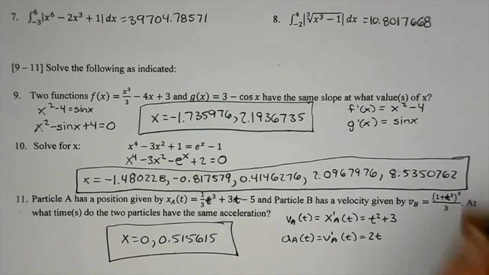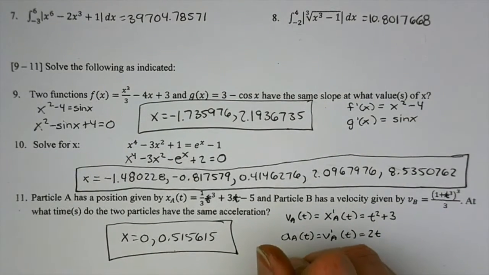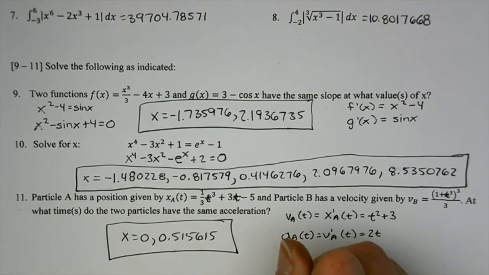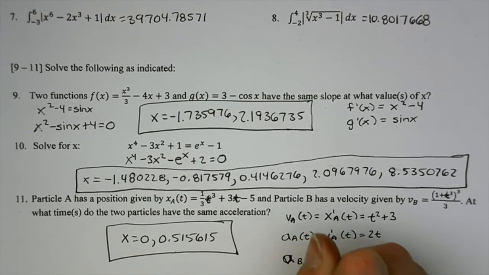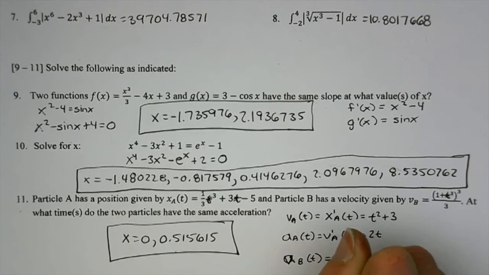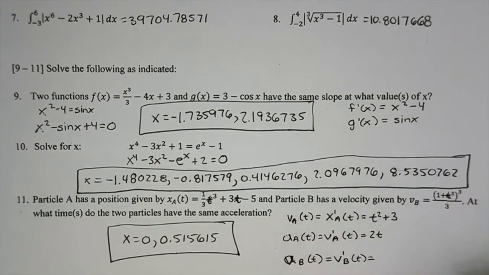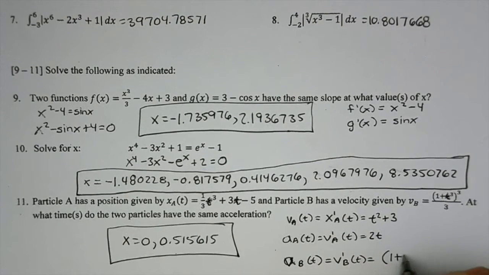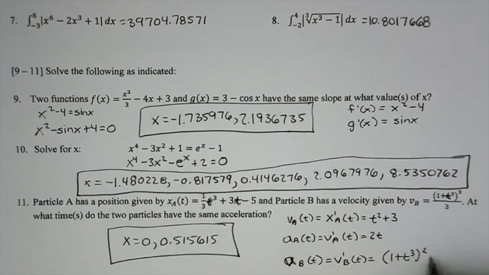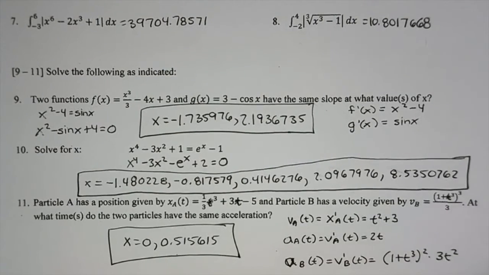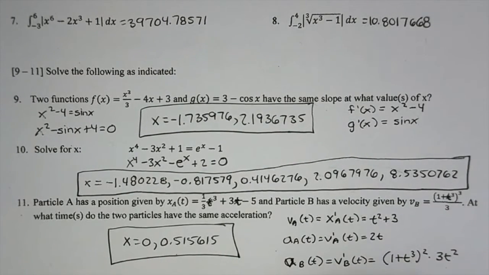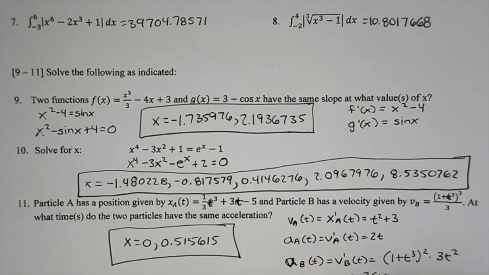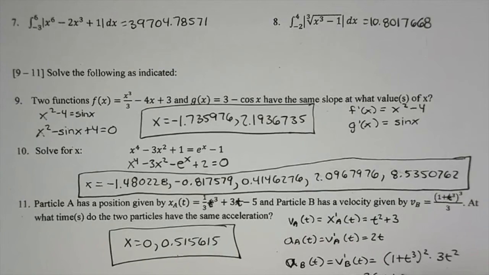I want it to have the same acceleration as particle B. Particle B's acceleration, which is the derivative of the velocity, would be bringing down that 3, the 3's would cancel, leaving the base alone, subtracting 1 from the exponent, times the derivative of the guts. And I want those two accelerations to be the same, 2t to equal my 3t squared times 1 plus t